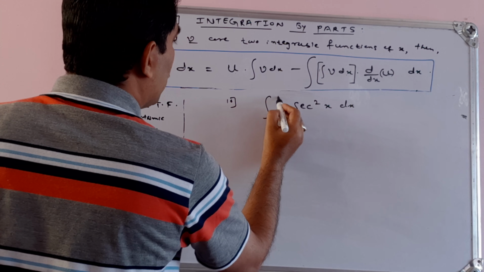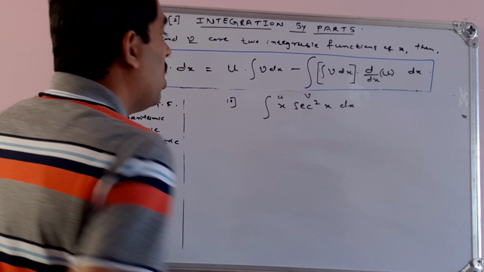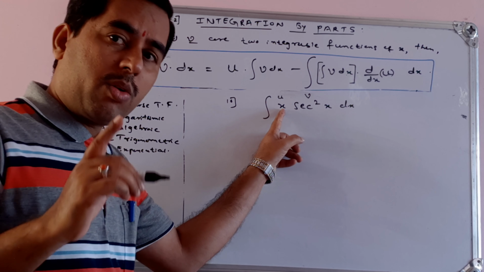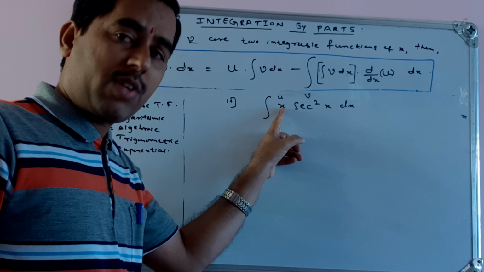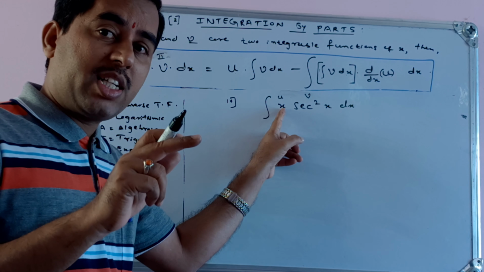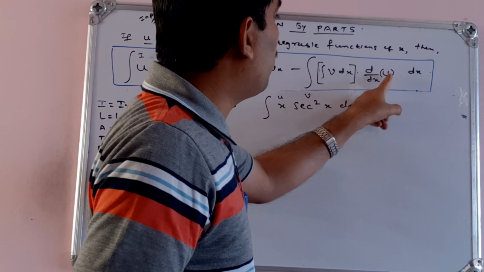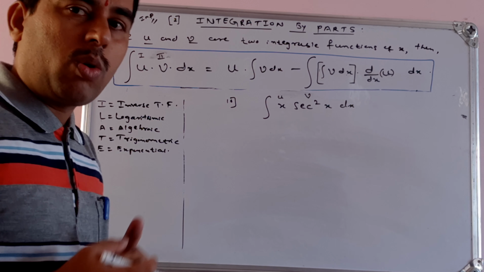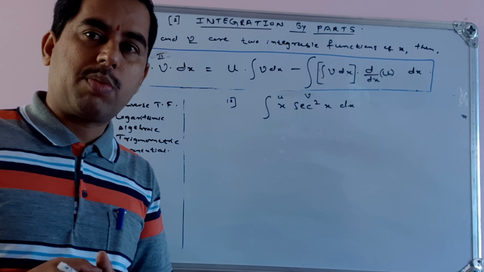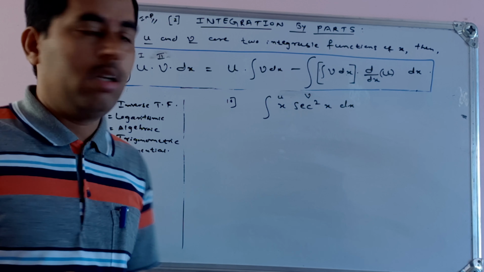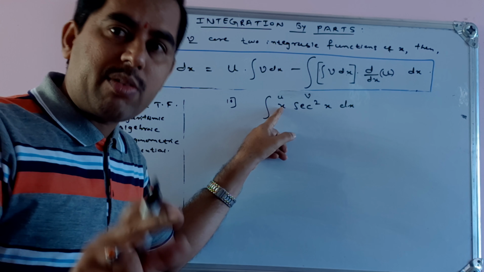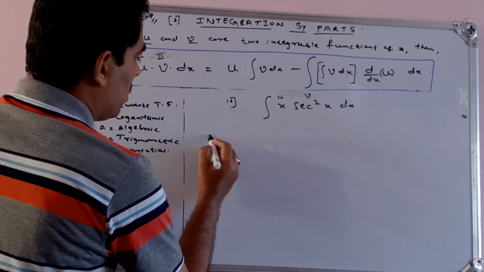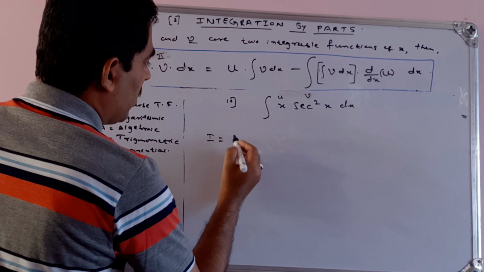So we can take this u as the first function. See, whatever first function you take, you must know the derivative of that function. If I take, see, x as my first function, the derivative of x is what? 1. I can write it as, see, the derivative of the first. That's why I told you in the beginning, the success of this method depends upon the proper choice of your first function. So whatever first function I select, I must be able to write the derivative of that. So that is, okay, the first function is x